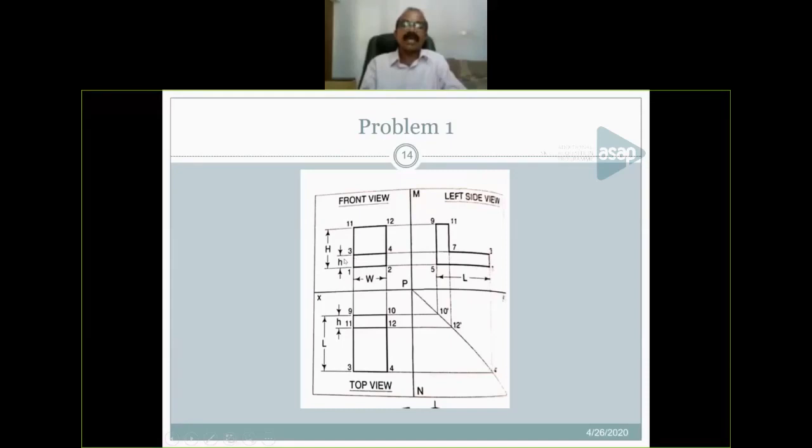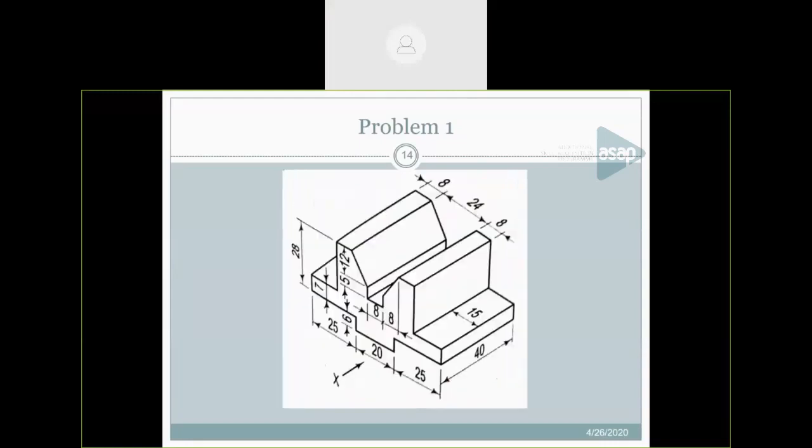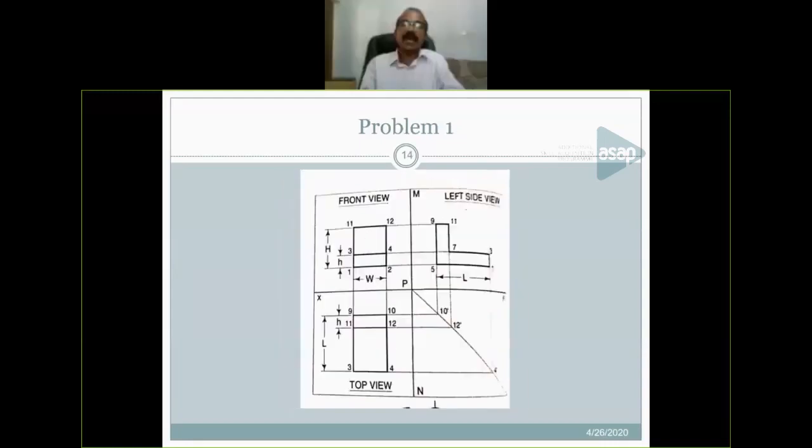While marking the points, you have to mark all the points in the elevation correctly. Starting from the elevation, you have to mark the order of points. Then corresponding points you have to mark in the plan. Then the meeting point: from the plan points, draw horizontal lines, and from the elevation points, again draw horizontal lines. The meeting point will be the required points.